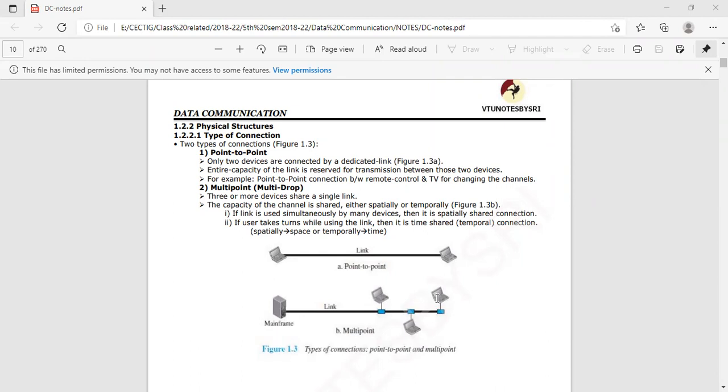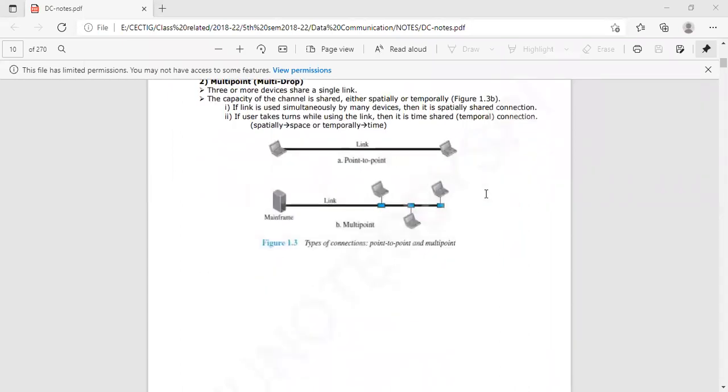And in point to point, it will be a dedicated link. The speed will be very high. It will be efficient. So we can say that both point to point and multi-point have advantages and disadvantages. When I'm trying to share some data between only two devices, point to point is very sufficient. But when I need to share some data with many devices, then multi-point is very efficient, right? So point to point and multi-point are the two types of connections we can create, or we can say two types of physical structure of connection, right?